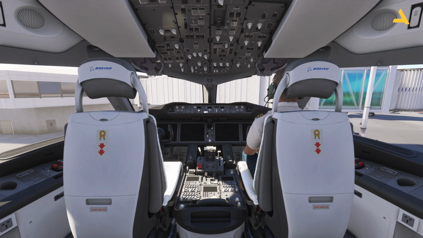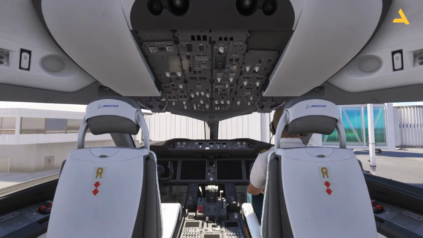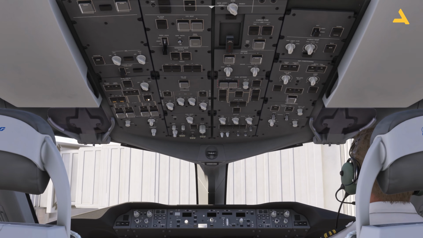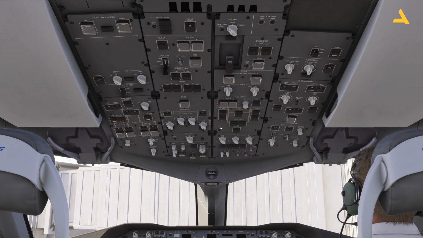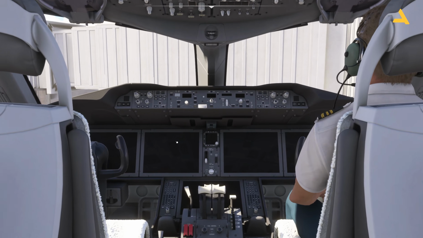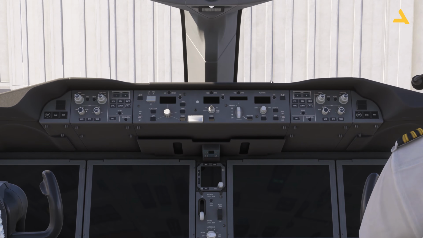So just to begin with, this is the overhead panel, which has the controls for the electrical systems, for the hydraulic systems, for the fuel, the lights, and then you have controls for the cabin pressurization and air conditioning. Then this is the mode control panel of the plane, and from here you will control different modes of